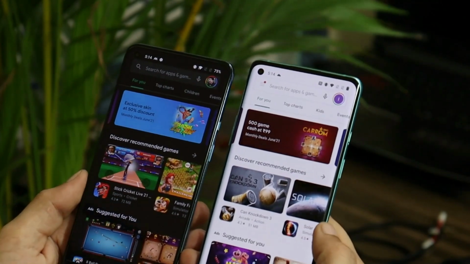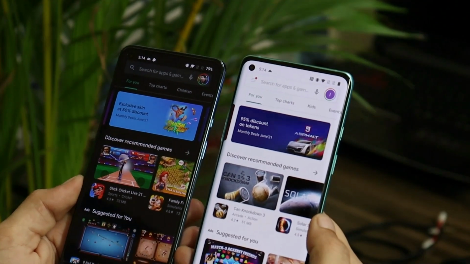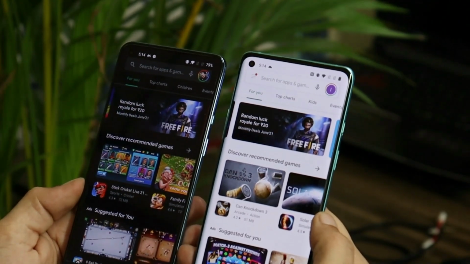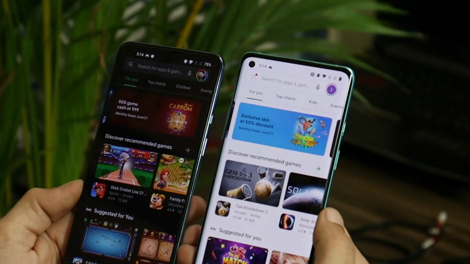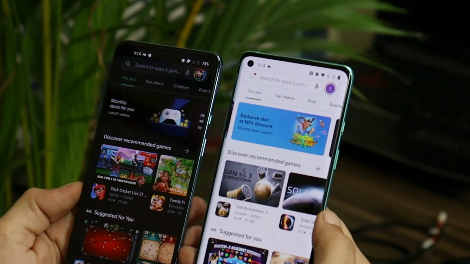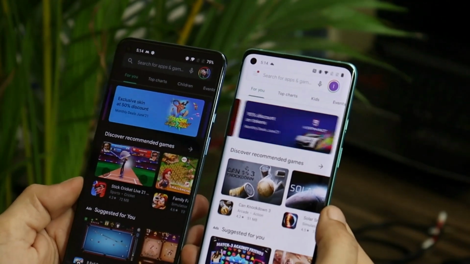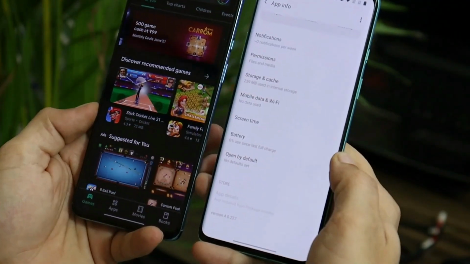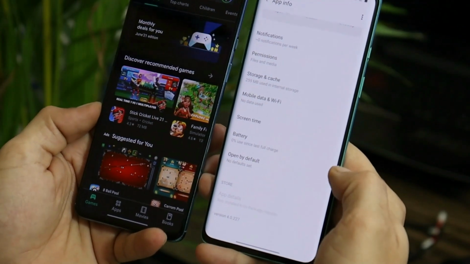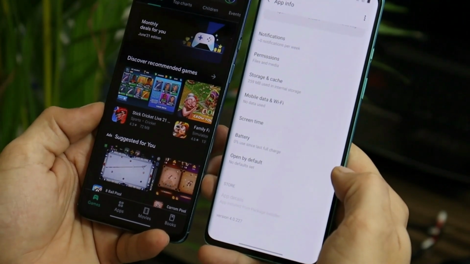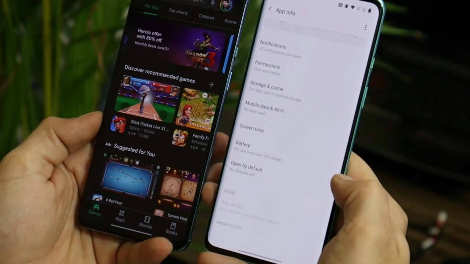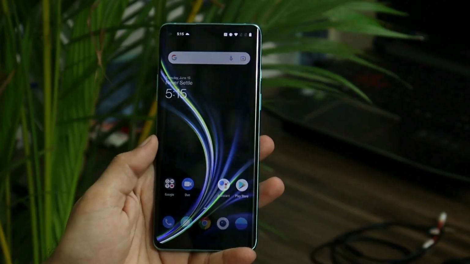And here you can see I'm also using two different accounts on my OnePlus devices. I'll also show you on the OnePlus 7 series, where I also have a different Google account. So it's not an issue installing this beta APK on any OnePlus device running Oxygen OS with a different Google account. Once you install the APK, the version of OnePlus Gallery has changed to version 4.0.227, and that's the latest one. Let me clear all the applications from the background.